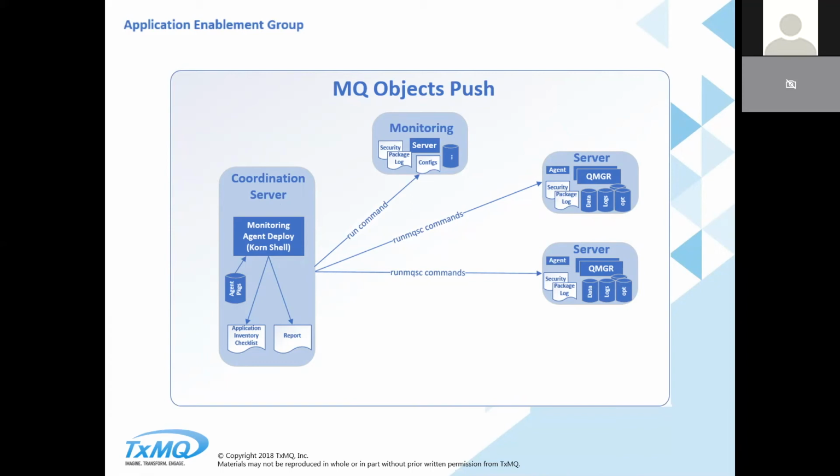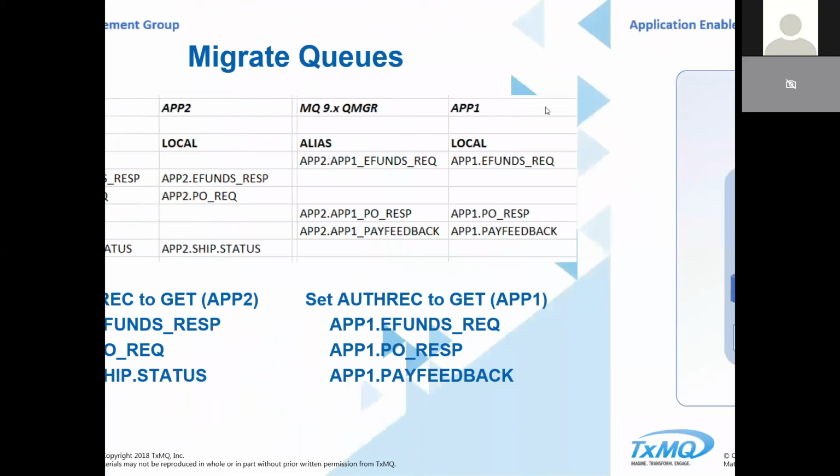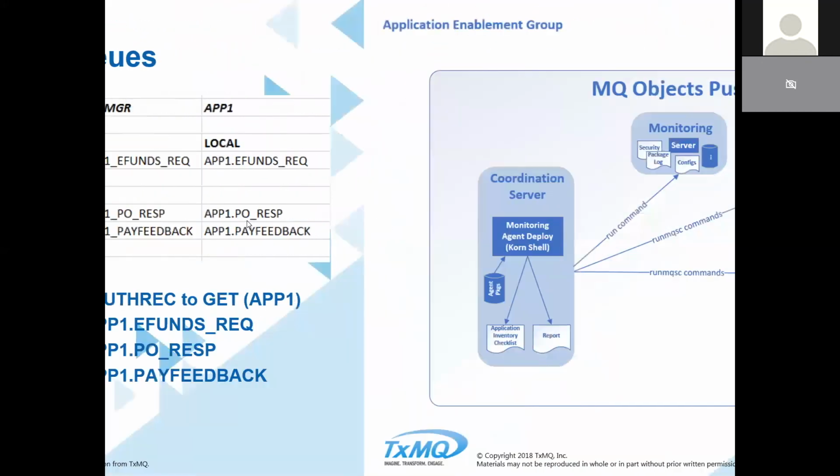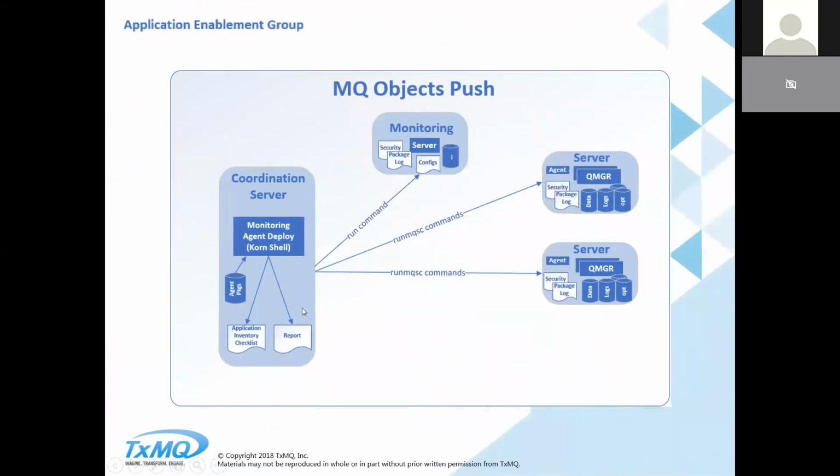The application enablement group could also do the same thing with even things as simple as a Korn shell script to be able to push out those MQSC commands and maybe even update the monitoring server that would be specific for this application to start running under its new environment. And again, the more that you start thinking it out, even at the simplistic levels on your coordination server, and then putting together your checklist and a report, the easier it's going to be